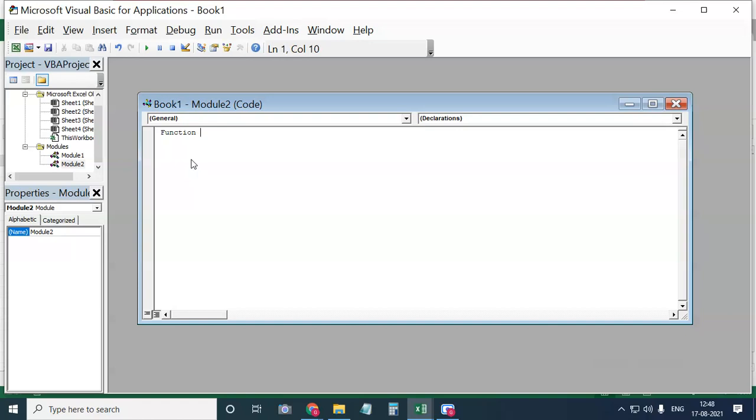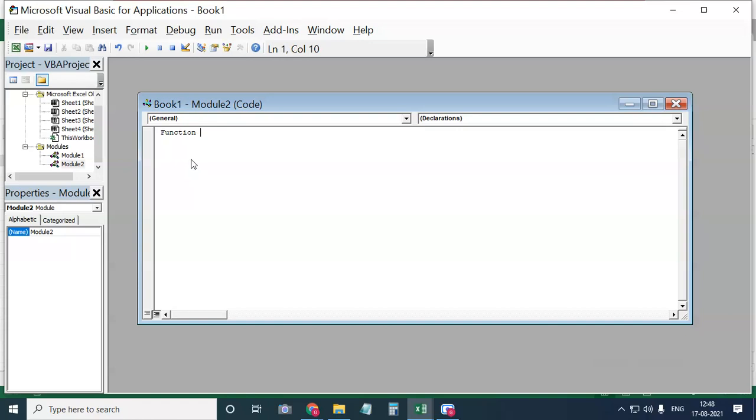As I told you, if you want to find multiplication, you use Product as a function. If you want to find the maximum among numbers, you use Max as a function. If you want to find the minimum number, you use Min as a function. So now tell me, if you want to find the difference between two numbers, which function name do I have to use?